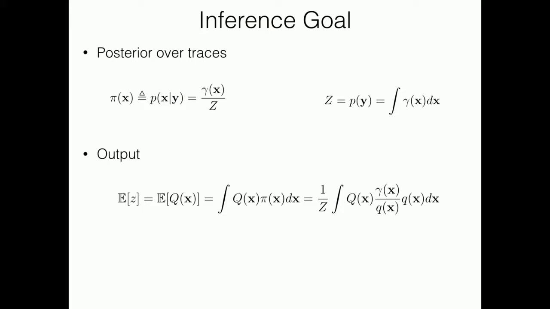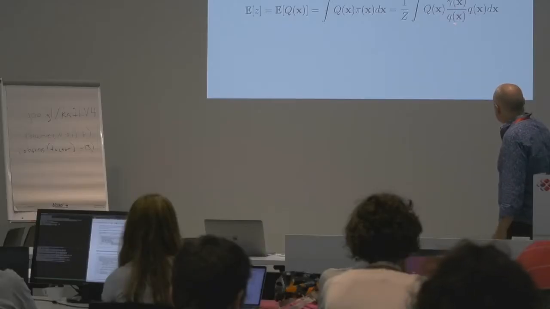The inference goal is posterior inference, where, again, that's the posterior. We're going to write that as pi of x because y is always going to be fixed. That's represented as an unnormalized distribution gamma, which is just the joint distribution over some normalization. That's the normalization, the evidence, as always. And of course, our output is something like this, an expectation, where we've exploited this relationship for inference compilation, which is to say we've done some